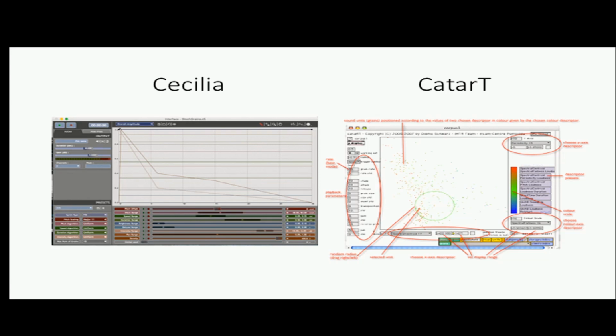And Catart is a concatenative synthesis tool where it works in real time as well, but you can also load an audio file, you chop it up, and then the grains are positioned in this big white space there and colored according to selected descriptors. So in both cases, I would capture my actions in audio files, then go through and isolate what I found interesting, as I described before.